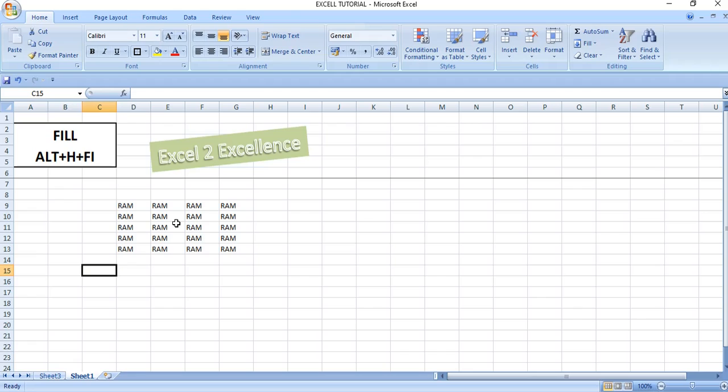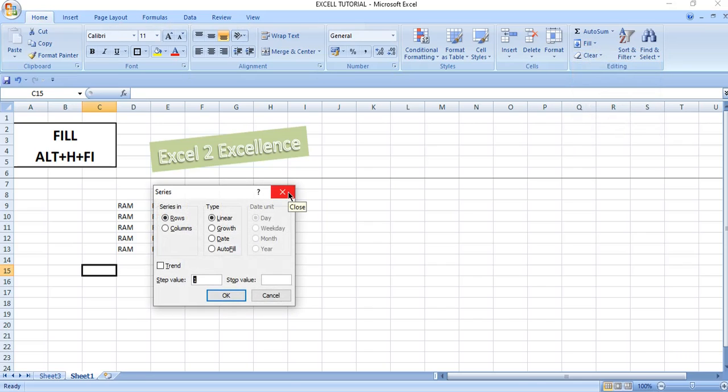Friends, now we will learn how to fill data in a series. Press Alt H F I S. You will find a dialog box. The dialog is provided with several radio buttons. By selecting these radio buttons, we can change our choice, row or column. The data can be filled in a row or in a column according to our need. We can opt for our copied data.